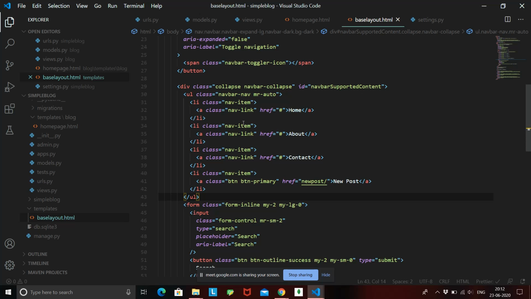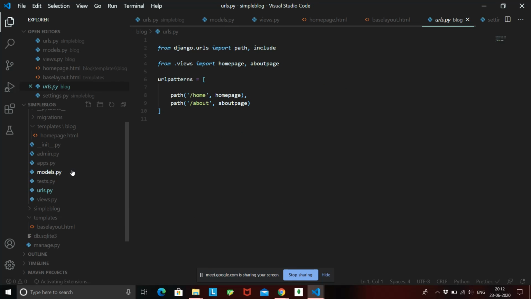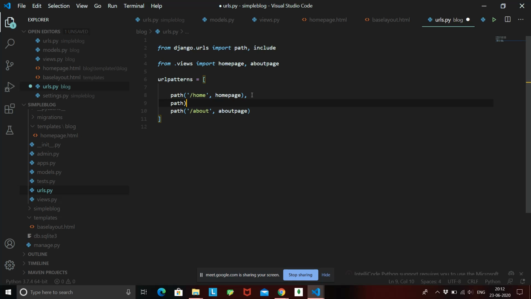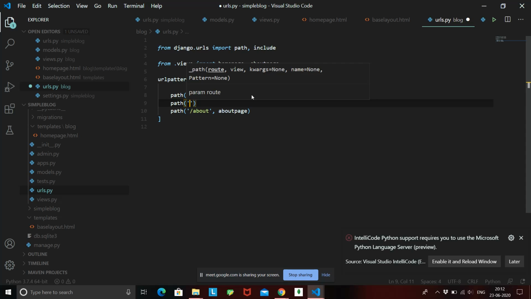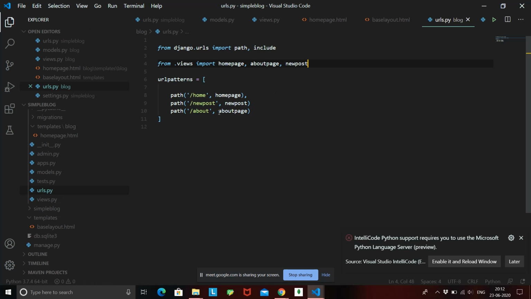What we'll do, we will just go to our urls.py, and as we have created a home over here, we'll also create a path for new post. Once I create a path for new post, I need to assign it to a function that will handle this URL, right? Because a URL will call a function. So the function name I'll give is again new post, and I need to write this function now. So let's just import it for now. Now what's happening? I have registered this new post URL into my urls.py file.